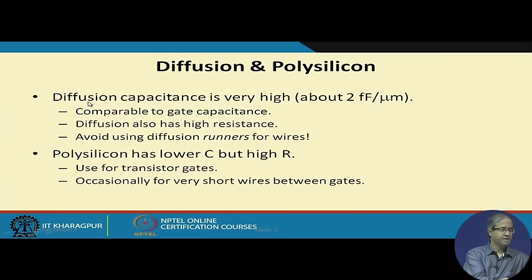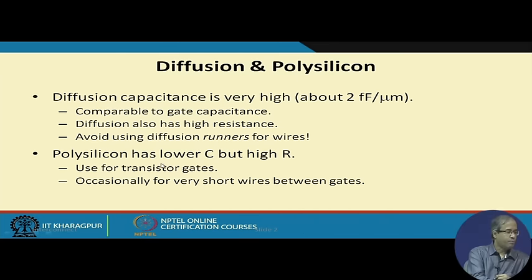We have seen that the diffusion capacitance for both N and P regions is very high. How high? The values are comparable to the gate capacitances. Another problem with the diffusion layer is that it also has high resistance. So, diffusion is one layer where both the resistance and the capacitance values are higher. So, it is absolutely discouraged that some interconnection between two elements in the layout should be made